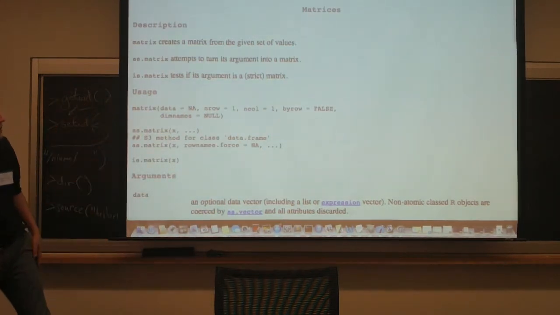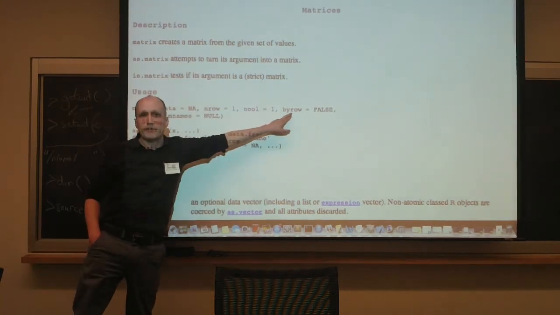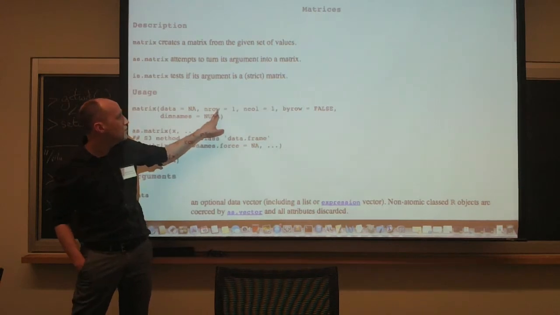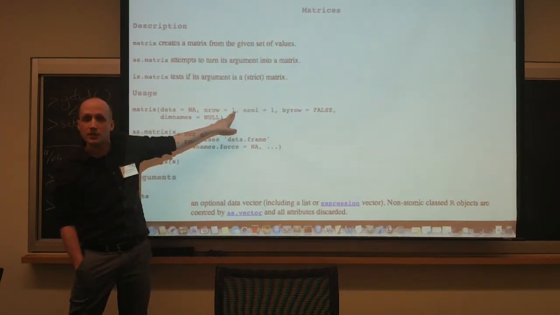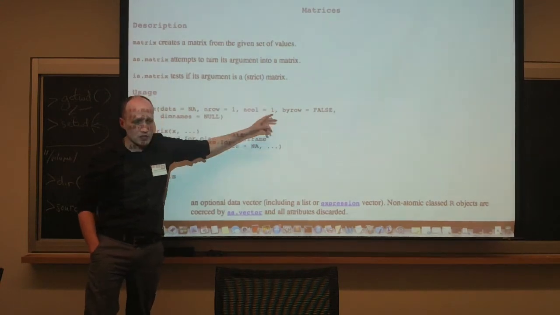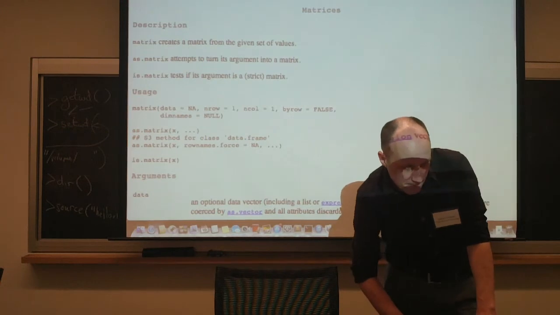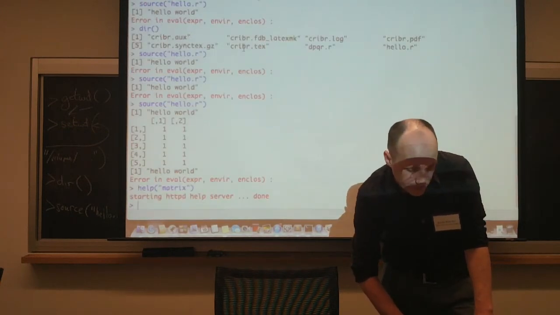If you don't tell it the arguments in help, then these are going to be the baseline definitions that you haven't changed. So if I hadn't told it how many rows, it was going to give me a 1-row matrix. If I hadn't told it how many columns I wanted, it was going to give me a 1-column matrix. We'll play with functions in a little bit more detail if we get to the end of this example today. So help's useful for defining things.